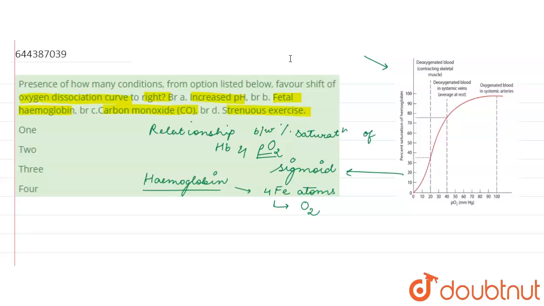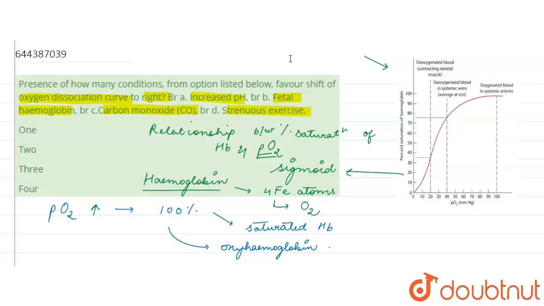For example, when the partial pressure of oxygen is high, 100% hemoglobin will bind to oxygen, and this is called saturated hemoglobin, and this binding of oxygen with hemoglobin will lead to the formation of oxyhemoglobin